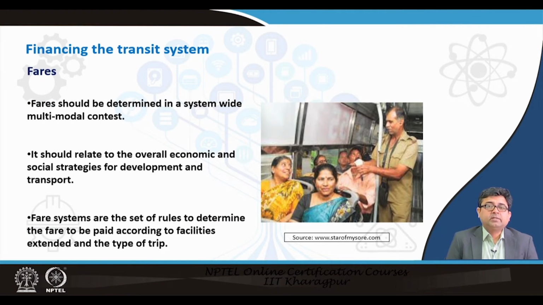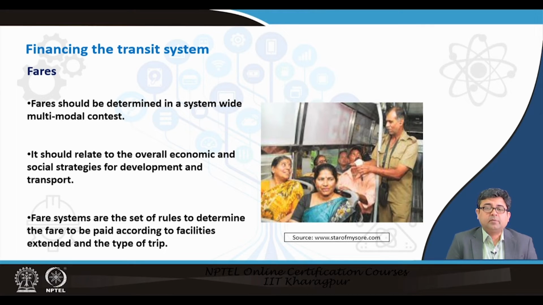Now, fares should be determined in a system-wide multimodal context. It should also relate to the overall economic and social strategies for the development of transport. And fare systems are the set of rules to determine the fare to be paid according to the facilities extended and the type of the trip. So, all of this means that if you have two different types of public transport services available in your city, although both of them may be taking the person from point A to point B, which is the same distance, if the services are different types, you will be able to charge different fares. For example, any two different